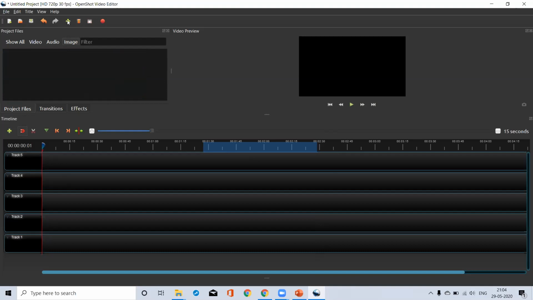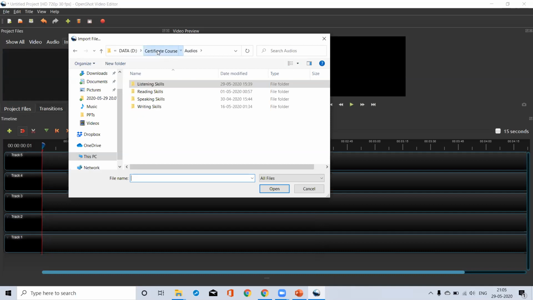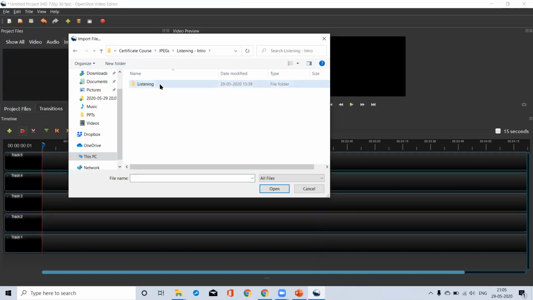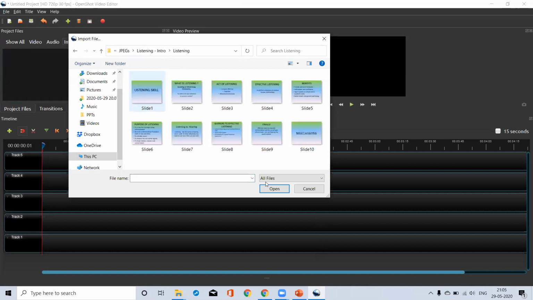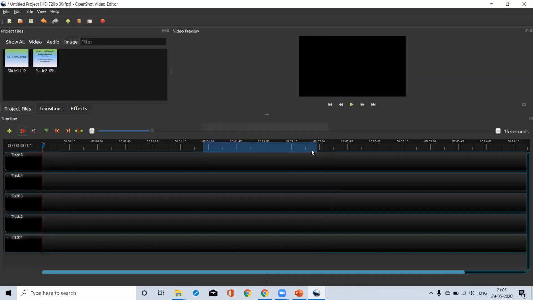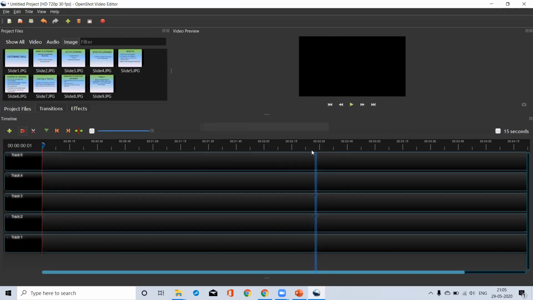And I am again going to import files, image files. Okay. Then I simply click and drag this file to here.